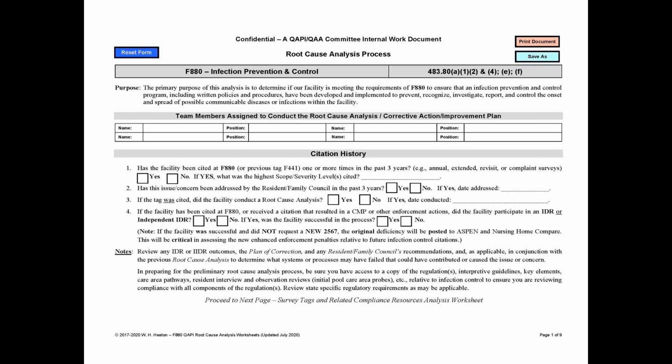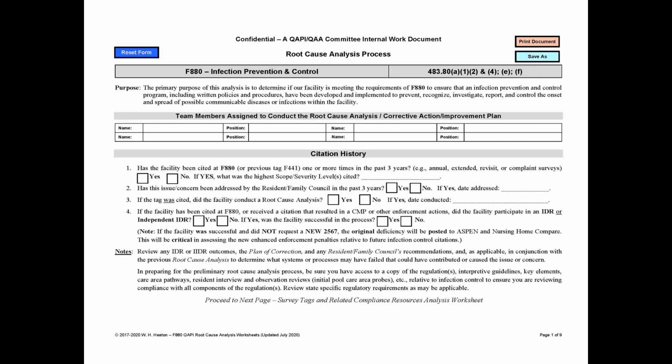Sometimes we look on Nursing Home Compare and we'll say, well, that deficiency shouldn't be there. You may want to look and determine. So it's very critical that you look at that, especially with these new enhanced enforcement requirements. So the first page just goes through your past compliance history in order to help you work through this root